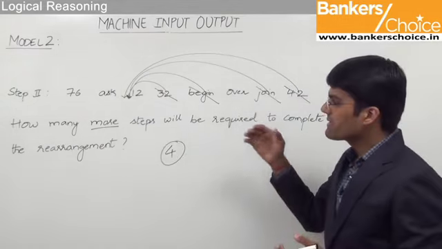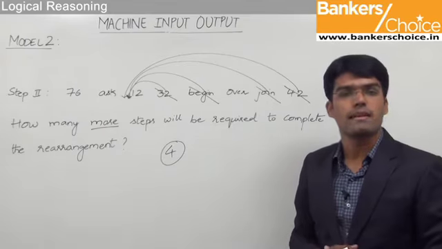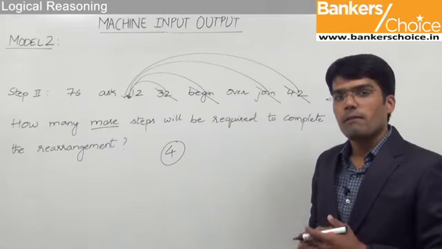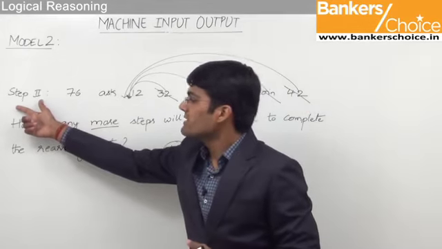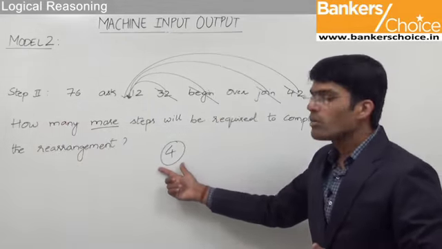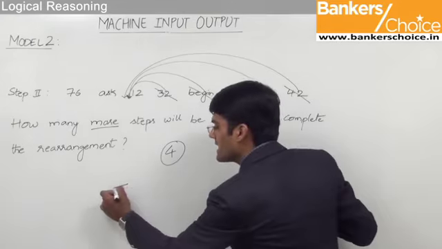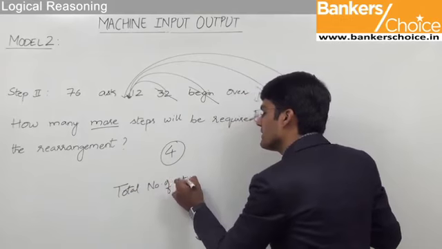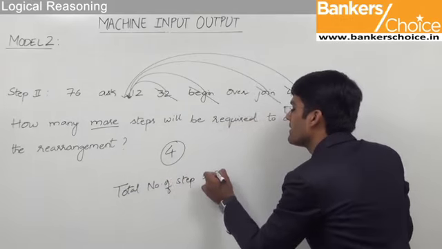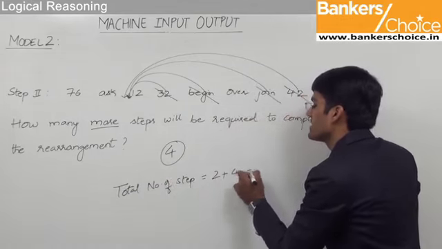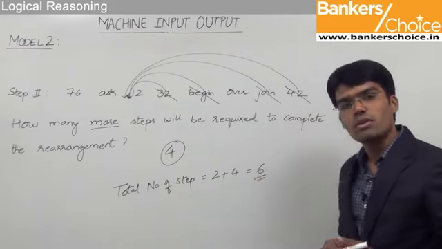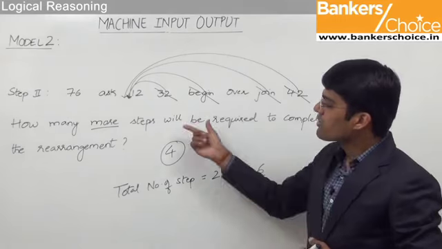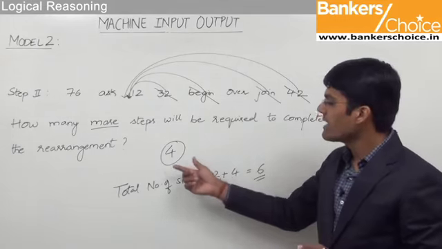In some cases, for the same question, the total number of steps is required, and in such a case the answer has to be 6. Why? Because step 2 is already given and we know that 4 more steps are required. So I can say that the total number of steps would be equal to the second step plus 4 more steps, that is 6. So if the total number of steps is to be determined, the answer has to be 6. If how many more steps are required has to be determined, then the answer has to be